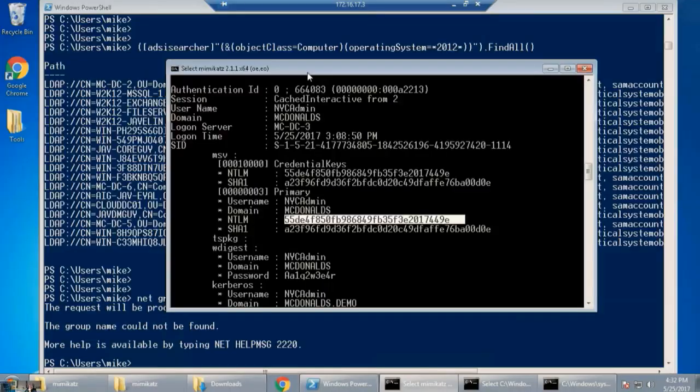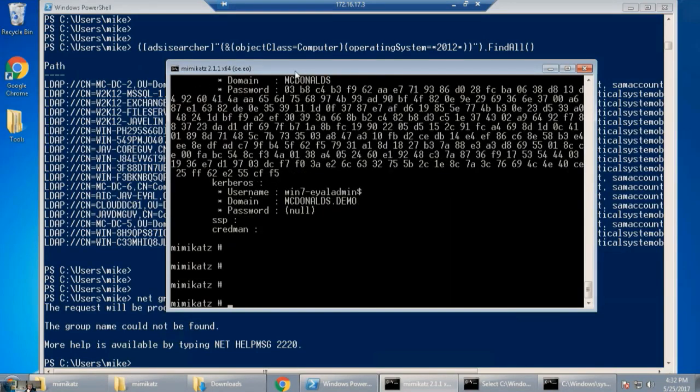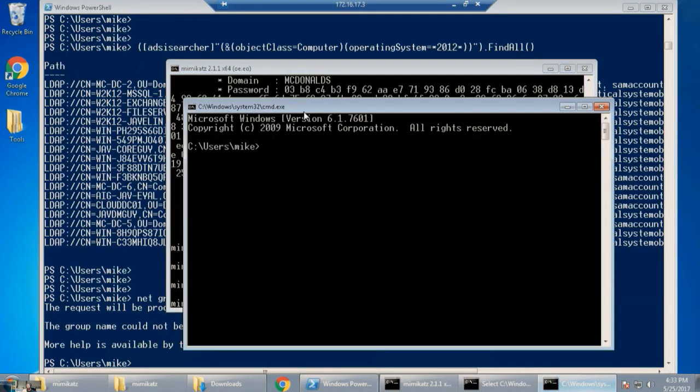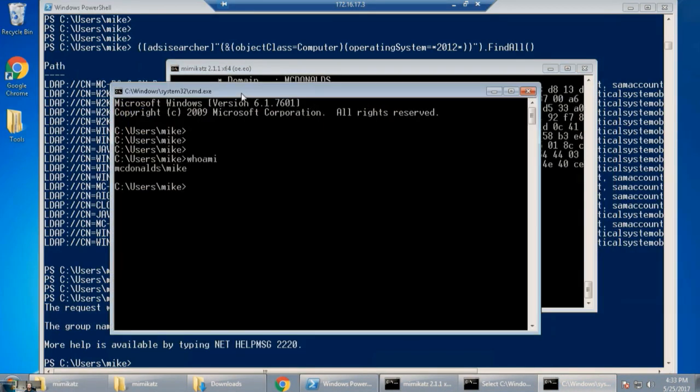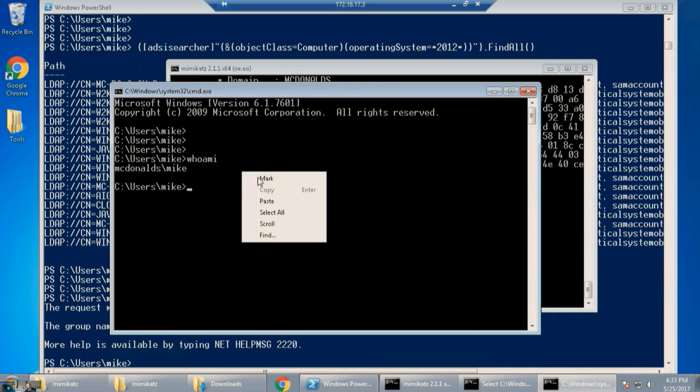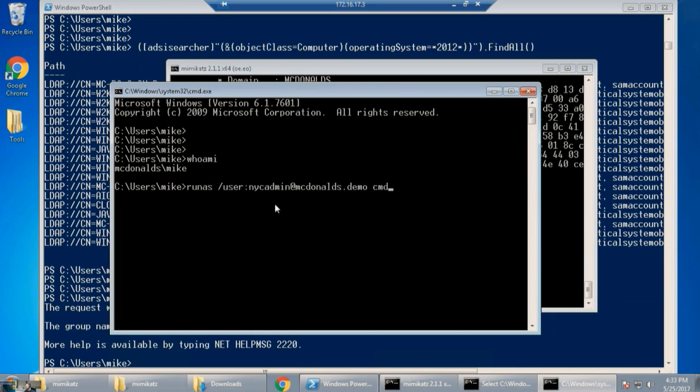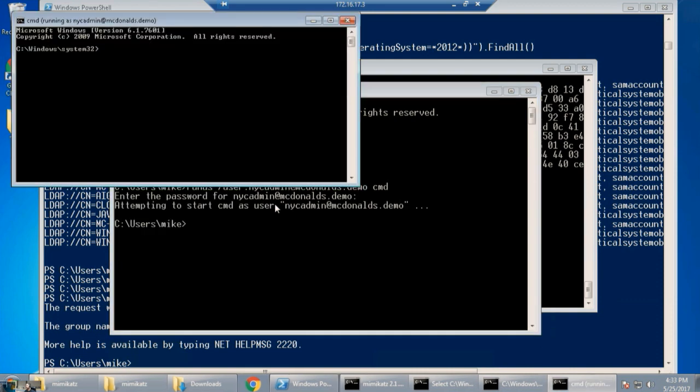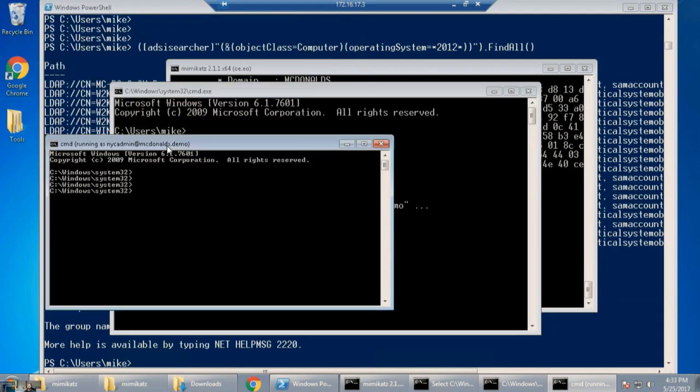Yeah. So the way the attacker goes from this point, he doesn't really need mimikatz anymore. Depends on the attack, but in this kind of attack, I can just take this username and password and launch a new shell using this specific context. So again, I'm in the context of Mike, which is a domain user. And if I want to launch a new shell using the new context, which I have now because I have this domain admin, NYC admin, I can just use his passwords that I found from the LSASS. And now I have a totally new context, which is